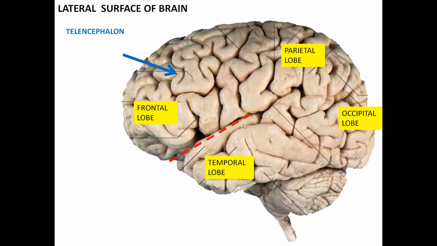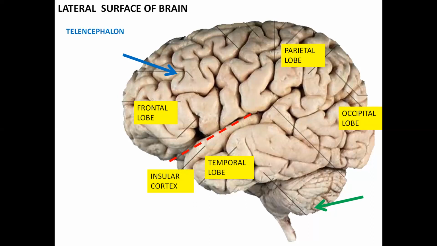This dotted line that you see here, it represents one of the named sulcus called the lateral sulcus. Now, imagine yourself putting your fingers in this area and you try to separate the lips of the lateral sulcus. You'll come across a cortex hidden behind. This hidden cortex beneath the lateral sulcus is called insular cortex. The cerebrum is the largest part of the brain, and you identify it using the sulci and gyri.